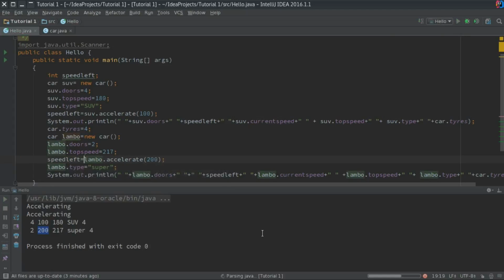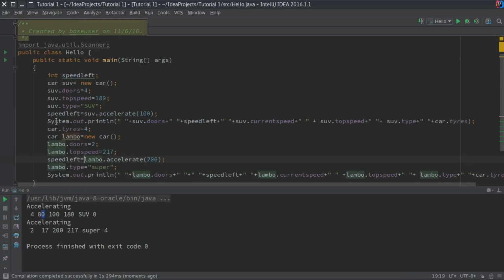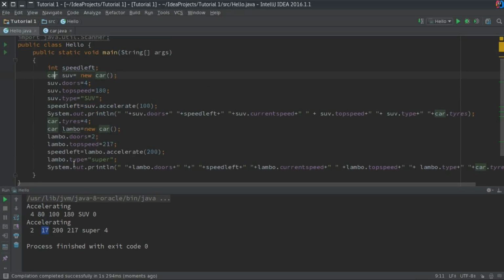So let's just go. As you can see, it printed the amount of speed left. So basically I just returned the difference of the top speed of the object calling the function and the new current speed, and I took that into the speedLeft integer variable and just printed it. And I did the same for the Lambo and for the SUV. So you see the speed left amount: the SUV still has 80 left and the Lambo has now only 17 left. So that's a return type and